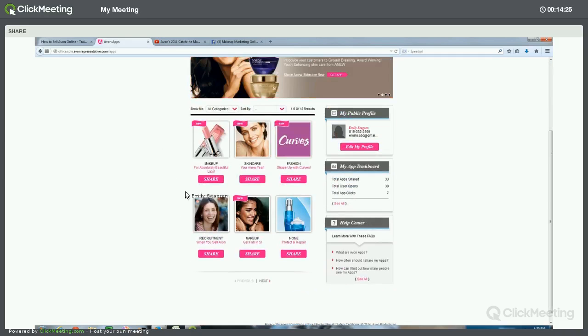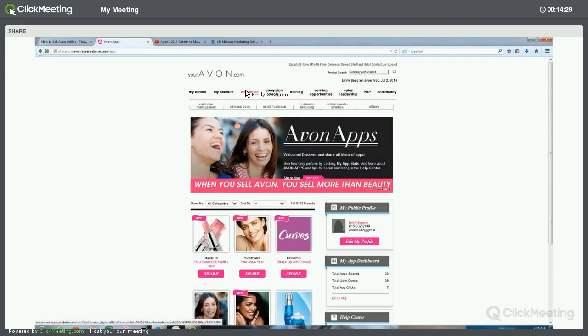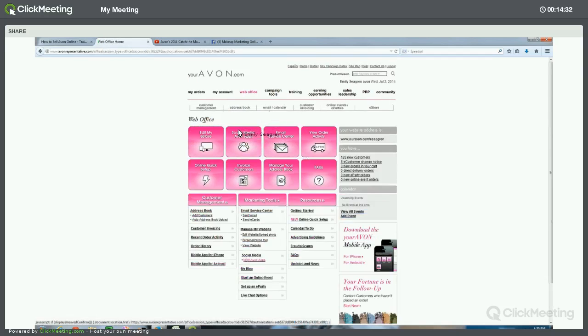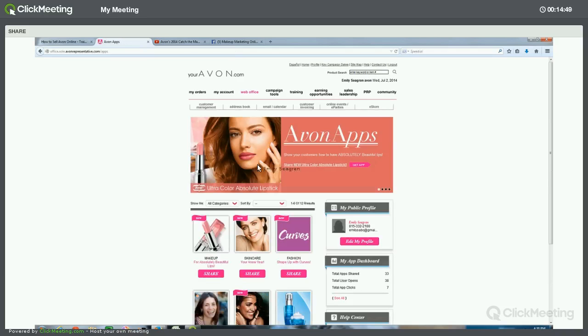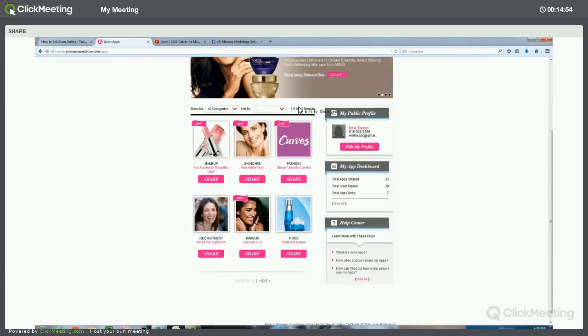So if you come into your web office now, you can click right here on the social media Avon apps box. You could also go down here to new Avon apps under social media. And that will bring you to all of the apps that you can share. There are 12 right now that are available for you. And if you click on share,